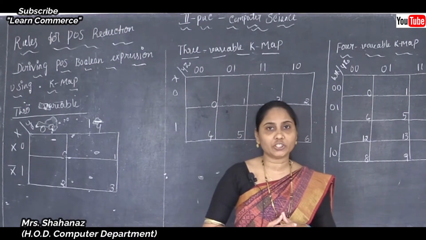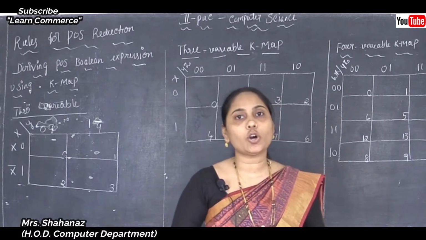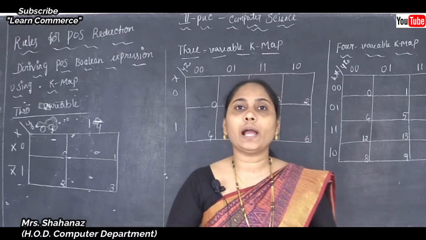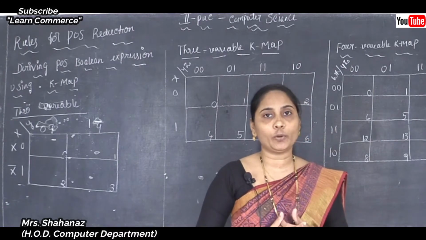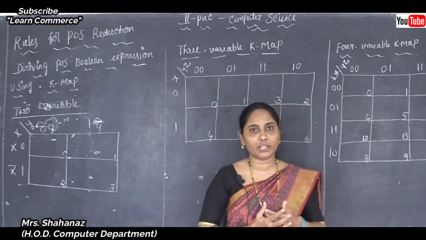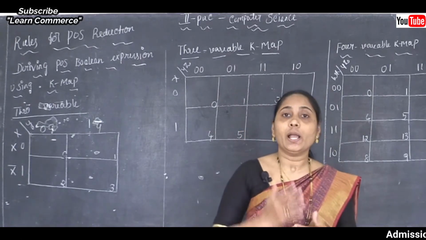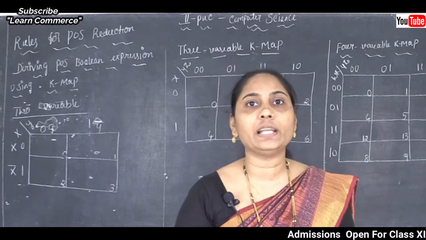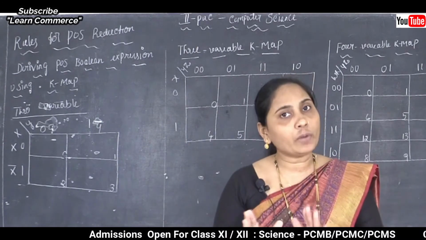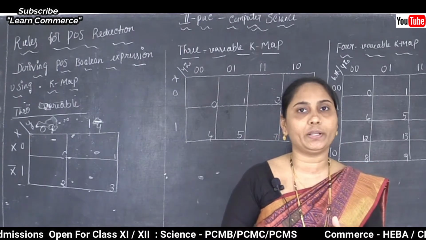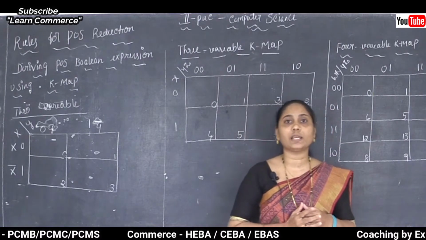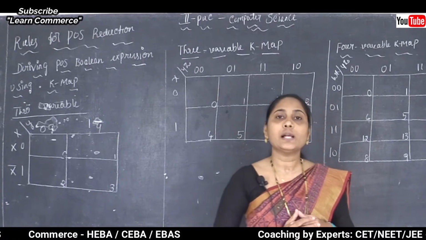A min term is a product of all the literals with or without the bar within the logic system. And we also know how to use the complementation, to which variable we are going to apply it. Where the value is 0 in the SOP, we use the complementation. If the value is 1, we do not use the complementation. So this is the most important note about our min term, which is called the SOP. The full form of SOP is sum of the products.